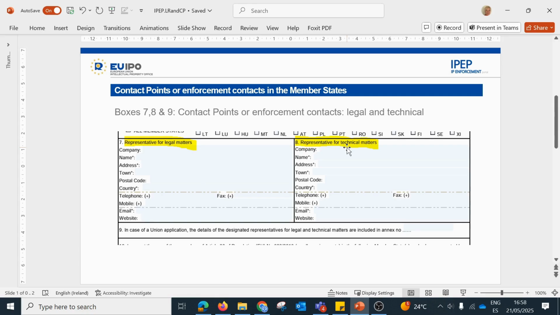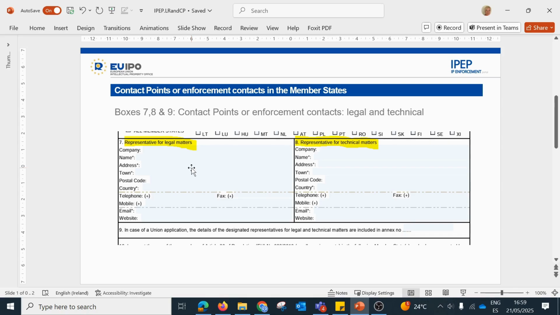Two things requested from customs here: wherever possible, please enter, instead of the nominal email, the personal email of the contact point, a general mailbox, so that if the contact point is on leave or on holidays, when there is a notification, there's still somebody who can pick it up and